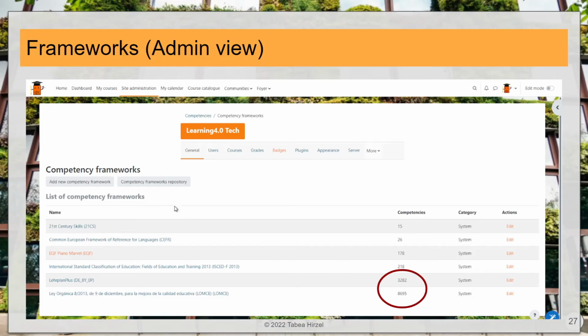And when you have defined it at the administrative level of the platform, then in each course you can use any of them, and you can use several of them. So you have the opportunity to add, for example, in a music class, the Lehrplan Plus from the Germans, and you look for the music activity there, the music competences they expect from the German standard.